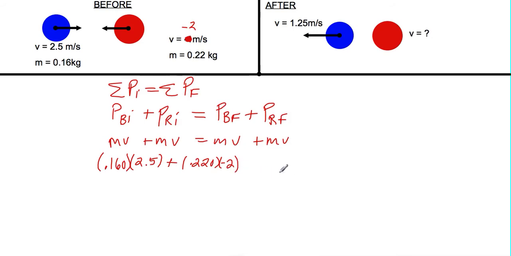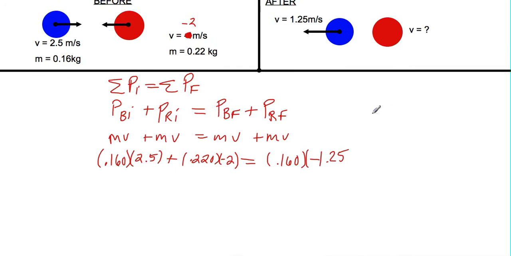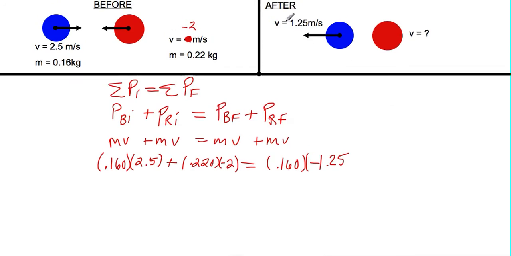-2 is equal to 0.160. Now we know this speed is -1.25. I didn't put the negative up here, but you can see that it's moving in the opposite direction, so maybe a little negative sign would be a good thing there. Plus 0.22 kilograms times velocity. So as we start working through here, we can see that this is going to come out to be 0.4 minus 0.44 is equal to -0.2